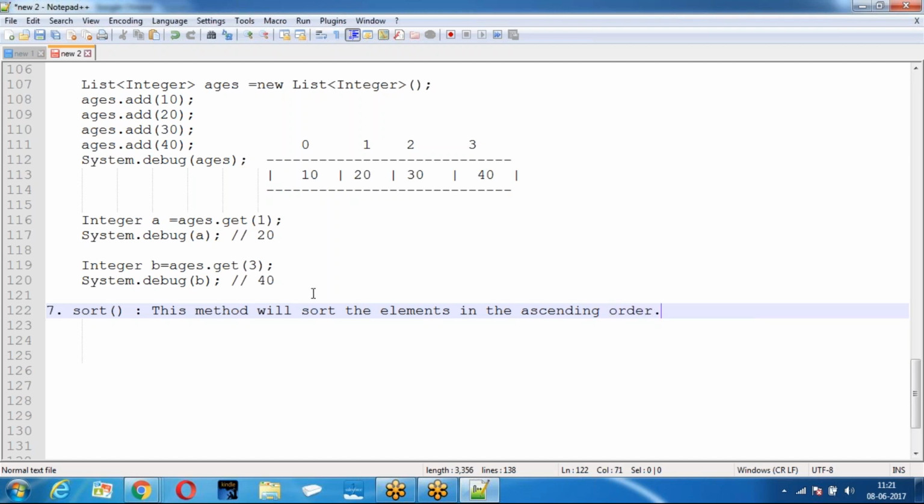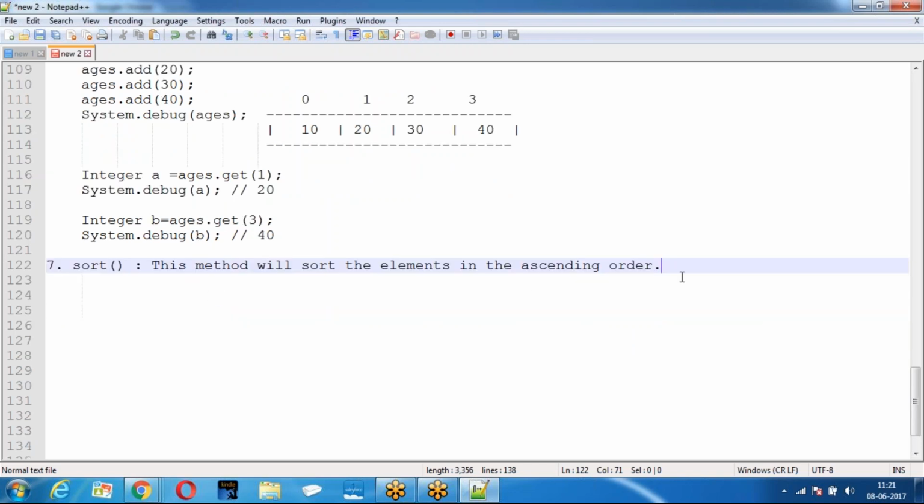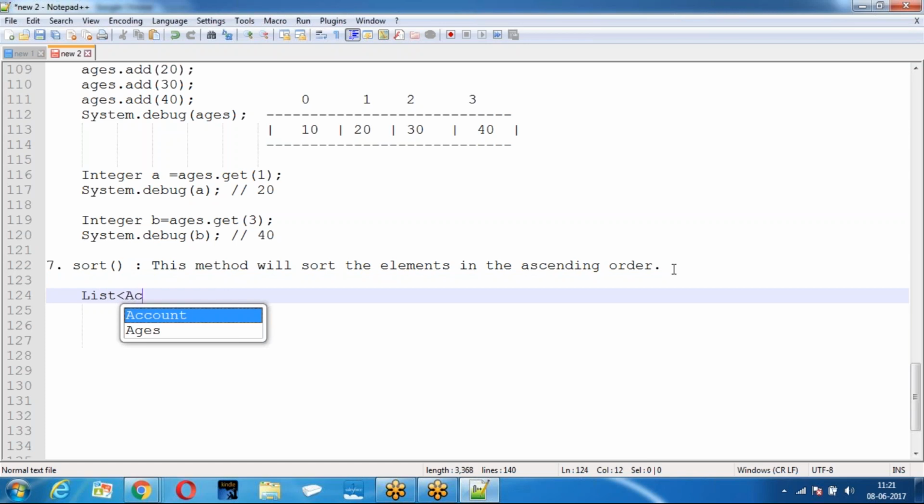Sort. This method will sort the elements in the ascending order. When I give that list of